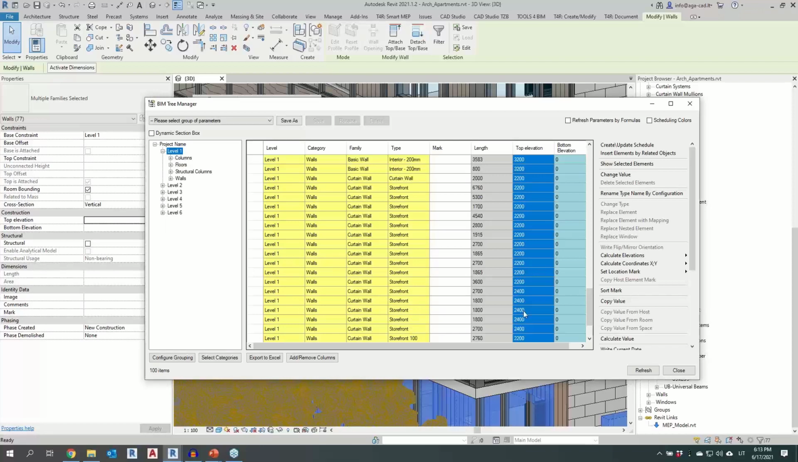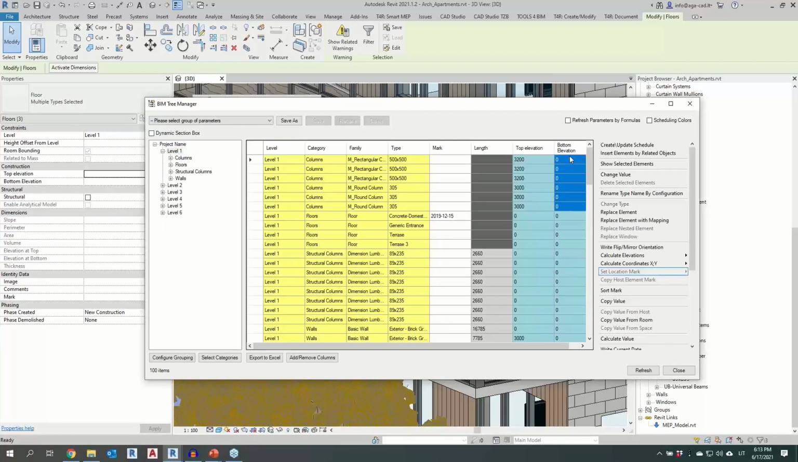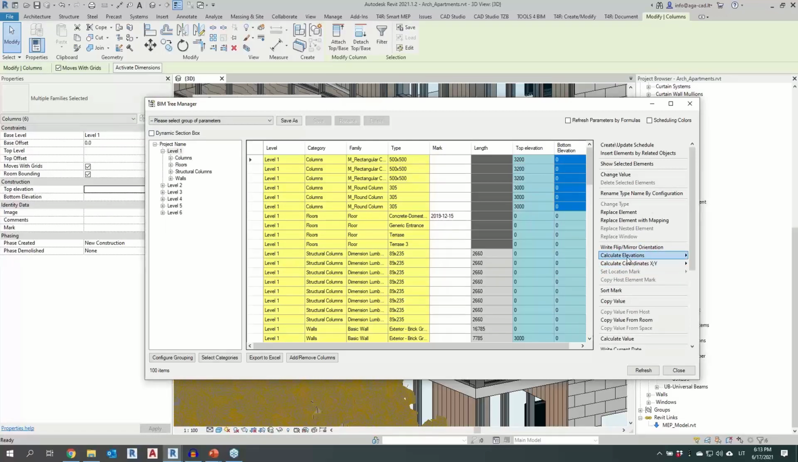Very easy for the first level. Easy to see the differences, 2.4, 202, 3 meters. And the same would be for the bottom elevation. Okay, let's select columns, do the